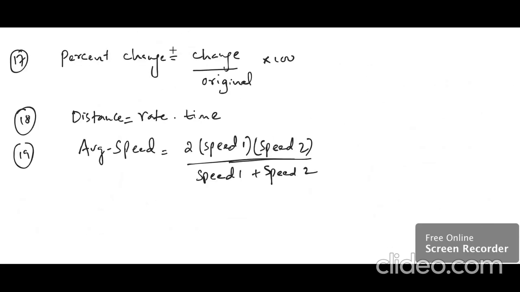Moving on to the next set of formulas, the final three, which are very important: percent change, or percentage change, increase or decrease. If there is a change, you just have to write the number of change, whatever change is happening. Suppose it is like 2000 to 2012, so how much change is there? So 12 divided by the original 2000 times 100. That's how you work it out.